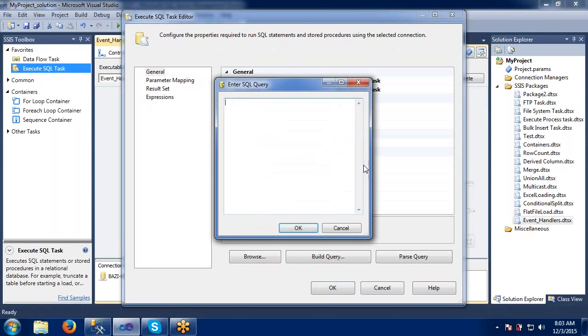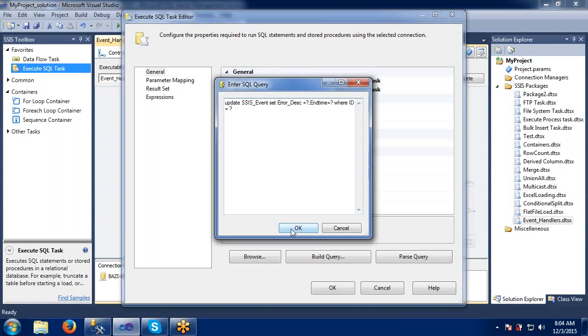Here I am giving one statement: update the table and set error description, end time, where package ID equals our package ID. So all these are passed dynamically, right? So what is this question mark? The question mark means we are dynamically passing parameters to this query. While executing, it will take all these question marks at runtime, pass those values to this query, and execute it. Okay.